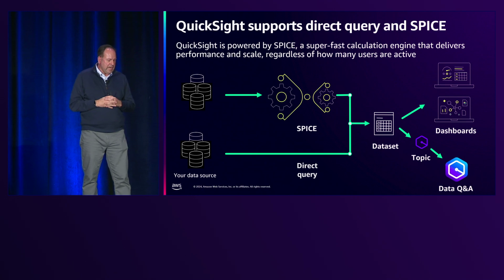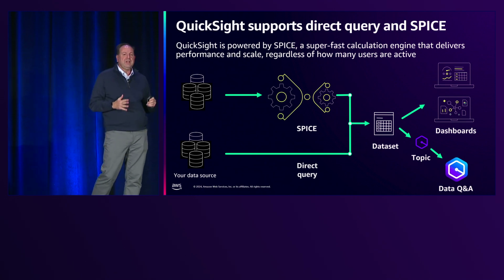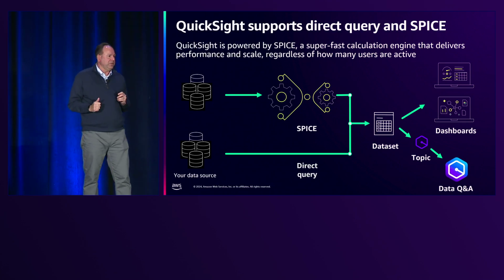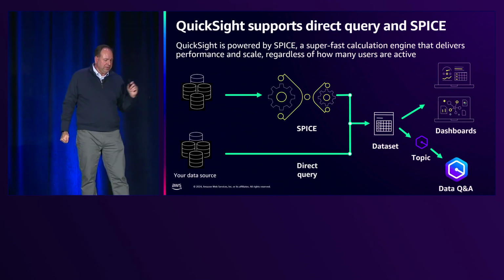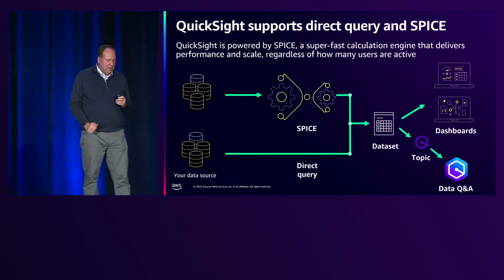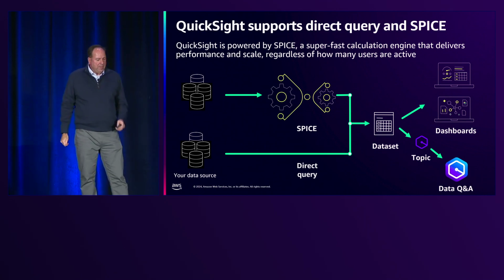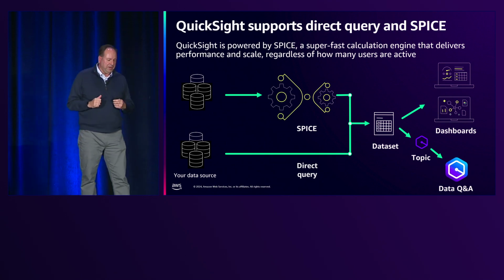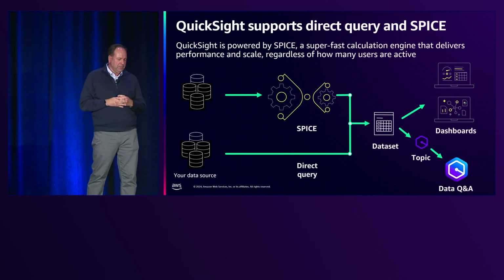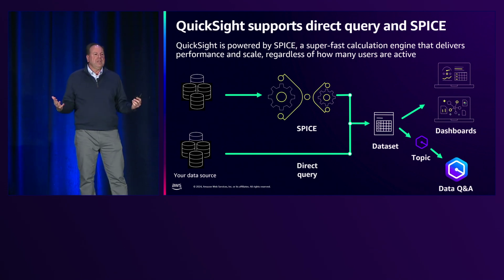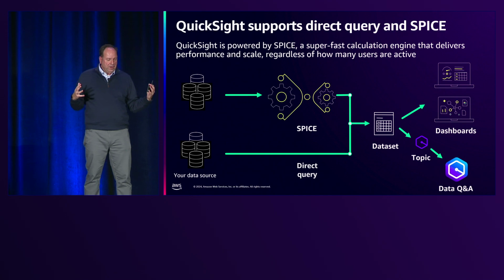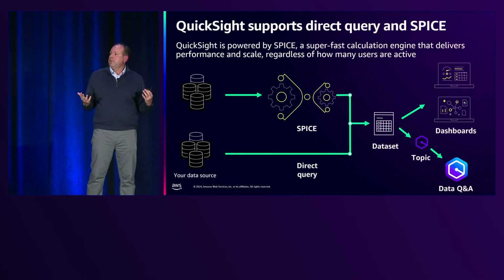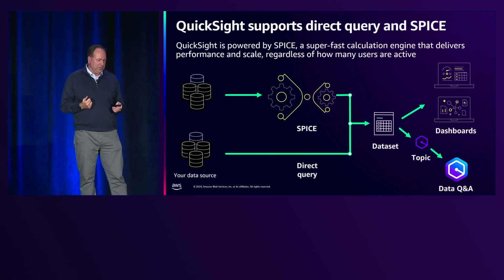The second route that we have is direct query. So for many data sources that we support, you can actually just directly query those sources right where they rest without bringing the data into SPICE. And part of the reason why we're able to accomplish that is because we have this construct and this asset known as a data set that sits above those data sources, where you define your calculations. And then from there, you build your dashboards. And you also can build topics, and those topics power the data Q&A experiences that we have inside of QuickSight.